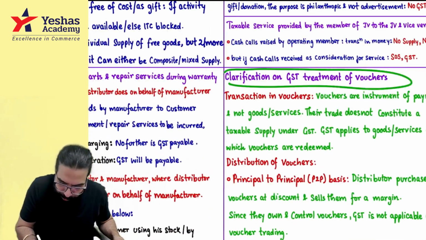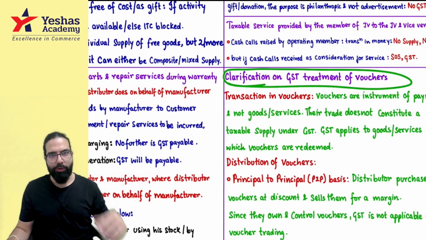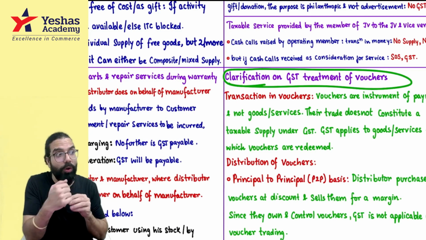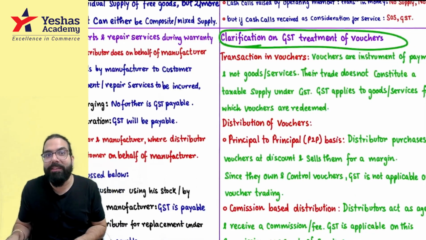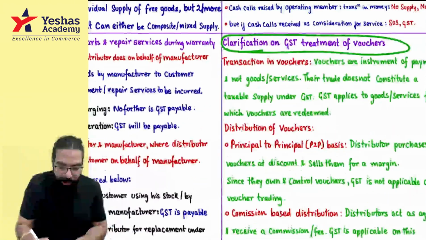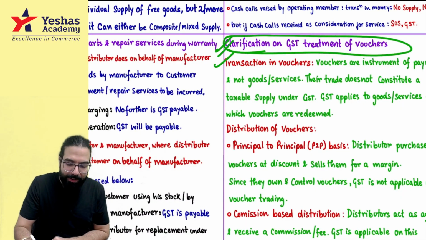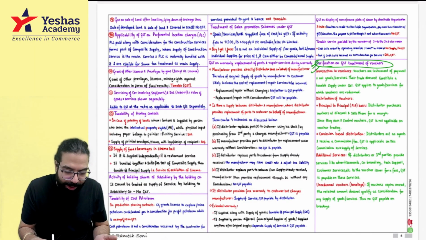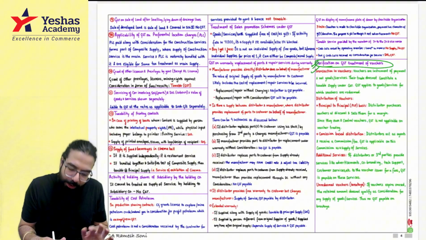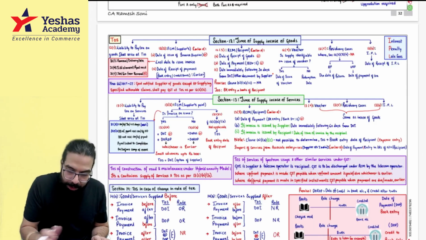Sir, on each transaction in a voucher, if I sell a voucher, will GST come? No, GST comes only when I supply the goods and services against a voucher. On the voucher, GST does not come; on the goods and services, GST will come. I hope you remember. This clarification had come with respect to vouchers earlier. Now, because of this clarification,